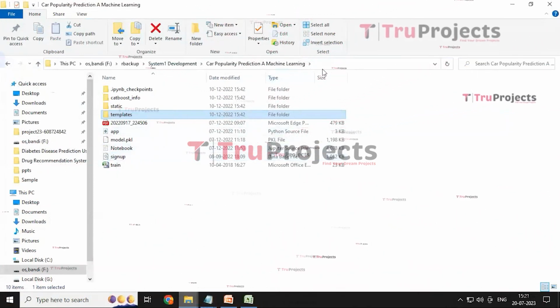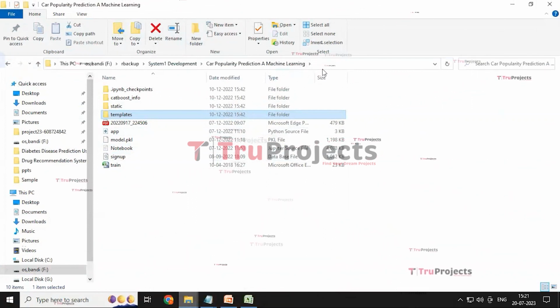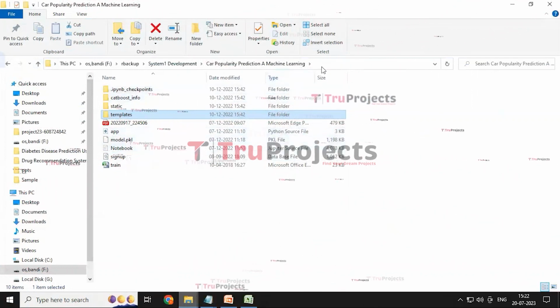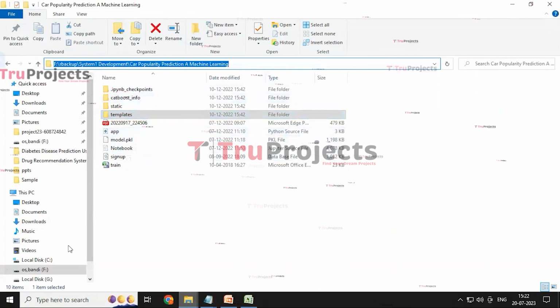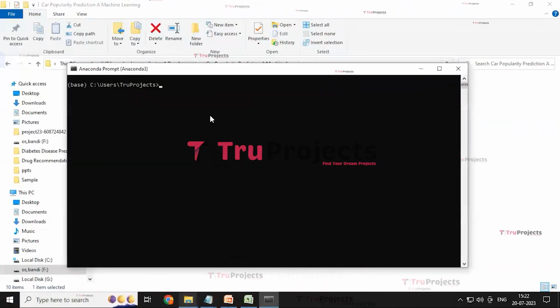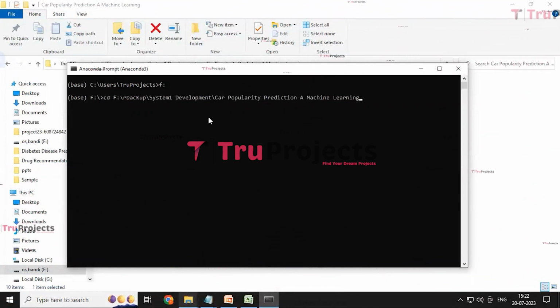To execute the project, we developed a Flask framework as a front-end for the user interface. The total code, output and the graphs are all present in the IPYNB file named notebook. For the execution, first we need to copy this code folder address and then open the Anaconda prompt. Here we need to change the disk location to F because our code folder is present in F disk, and then write the command cd space and paste this code folder address, because this command is used to change the current directory to the code folder's path.